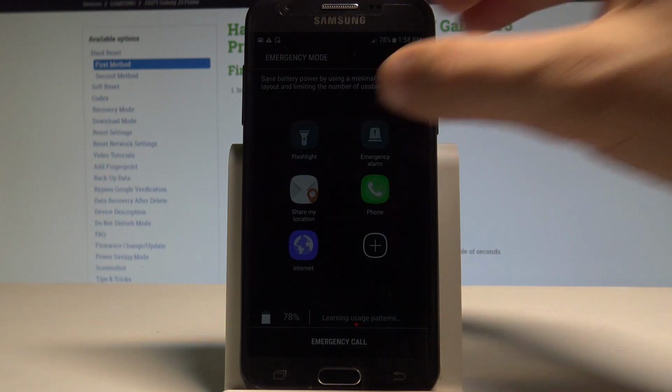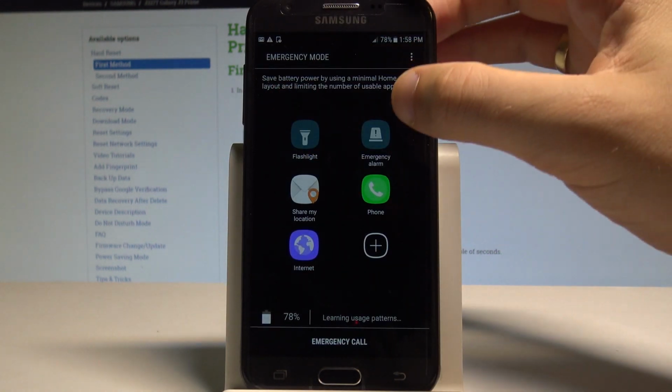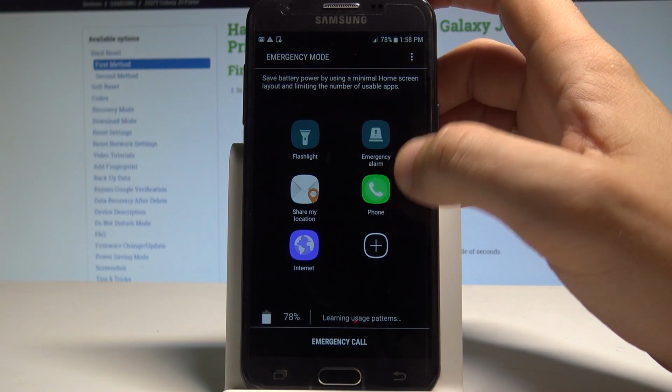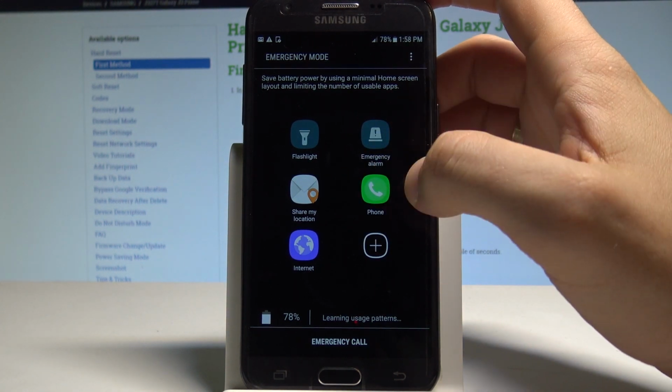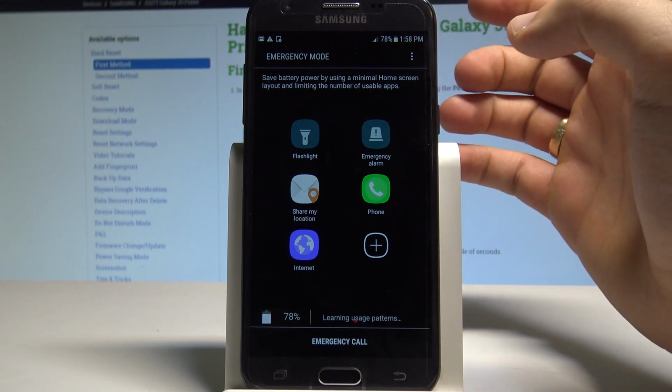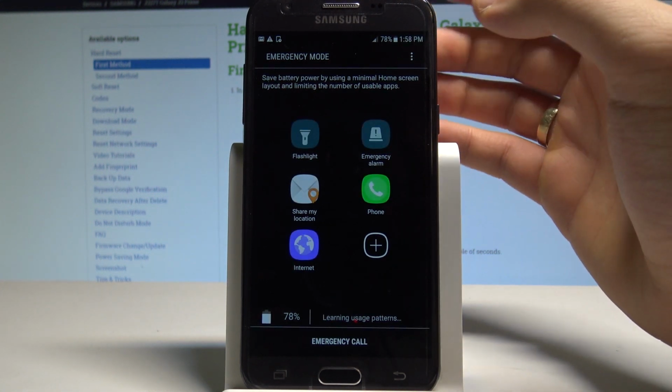Excellent. Here, as you can see, you can use the flashlight, you can use the emergency alarm, you can share your location, you can use the phone or the internet. This mode has a lot of restrictions to save some battery, and if you would like to quit this mode,